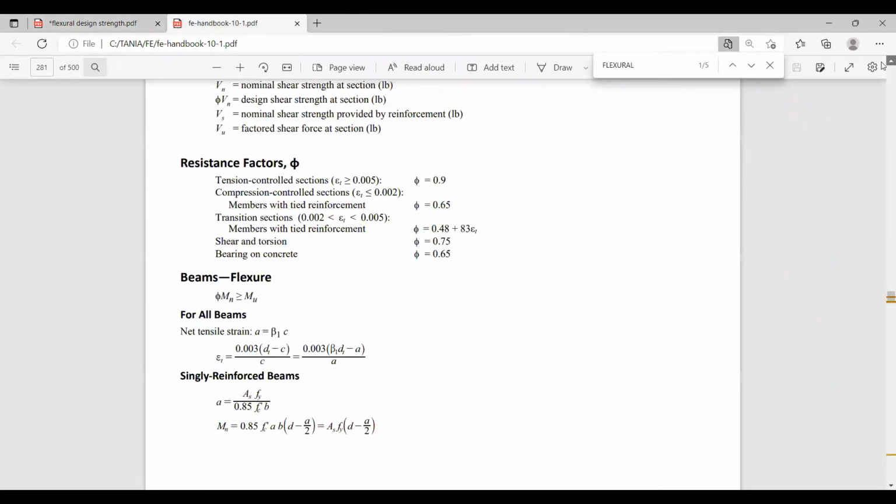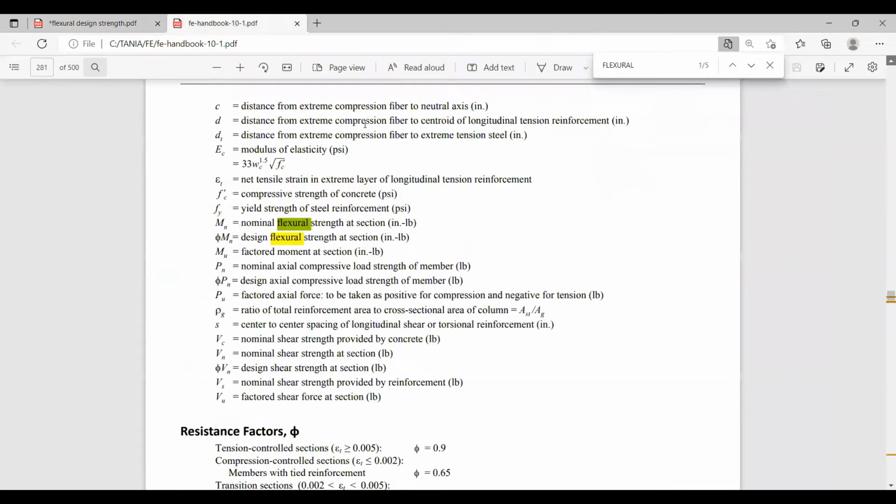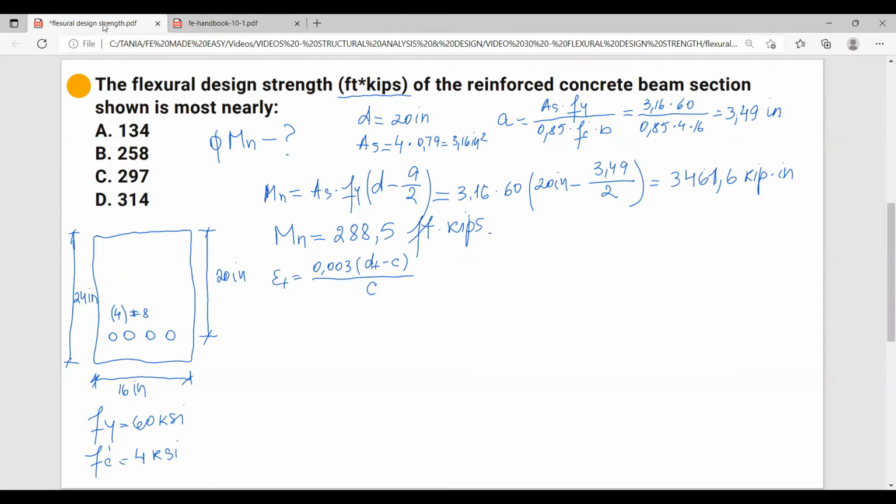Now, dt, let's look here, is distance from extreme compression fiber to extreme tension steel. So in our case, we're going to use dt as d. So we have 0.003 times